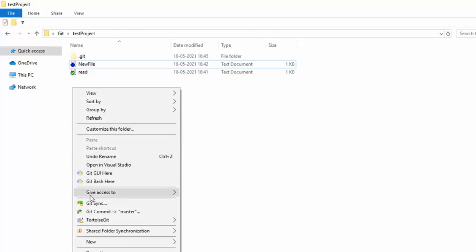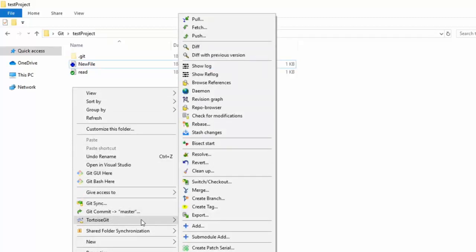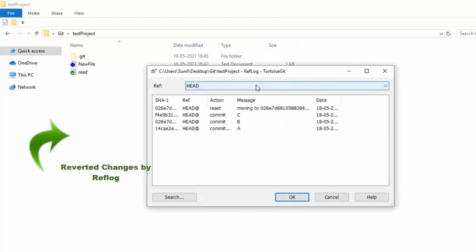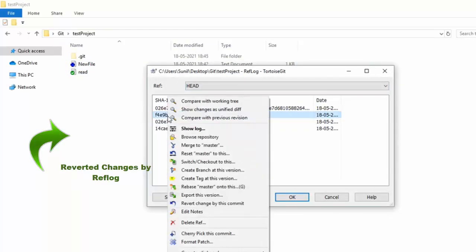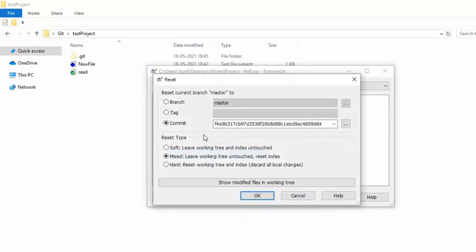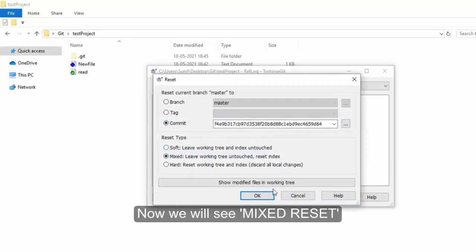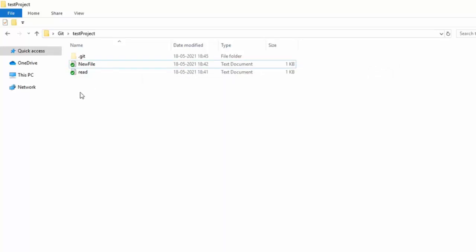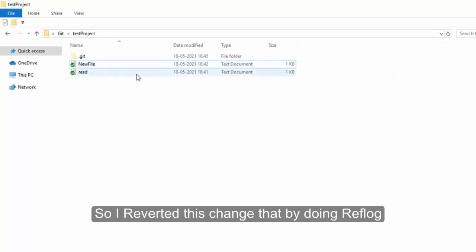Now we will see mixed reset. Okay. So I reverted this change that I was doing, the reflog.